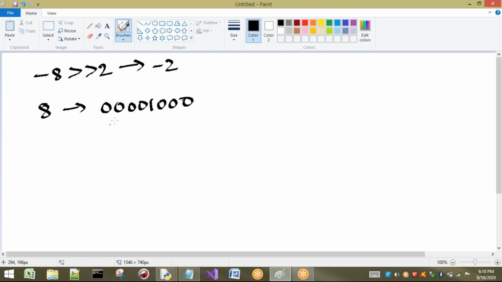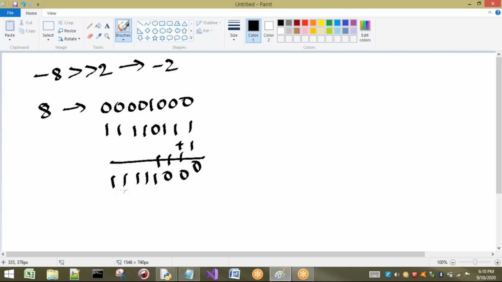To make the positive value negative, we just have to take the 2's complement. So 1, 1, 1, 1, 0, 1, 1, 1, plus 1 I'm going to add to make it the 2's complement. This is the value finally we got.